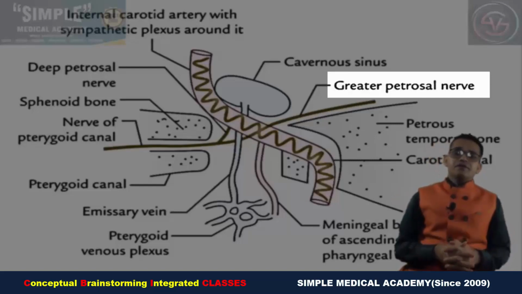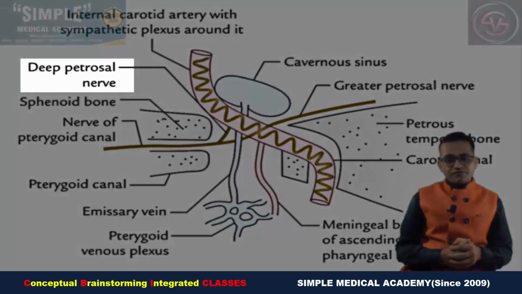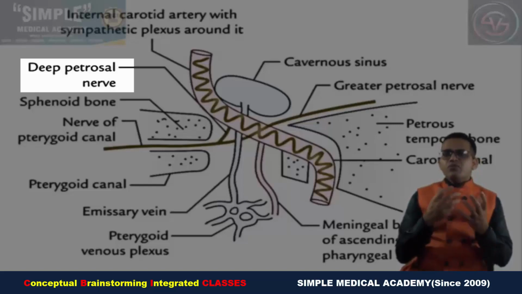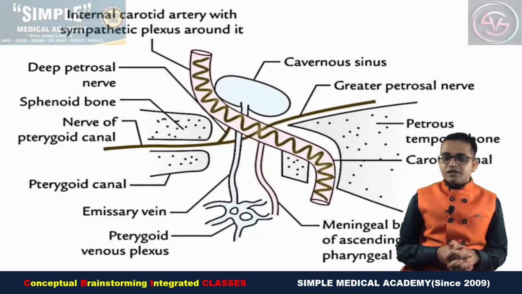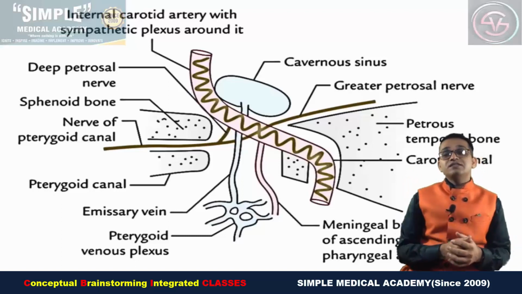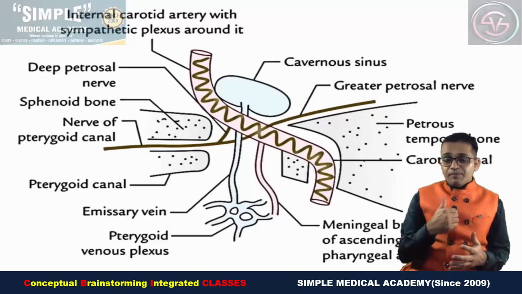All are the same. One another nerve is there that is deeply running in the petrous part of the temporal bone. That's why it is known as the deep petrosal nerve. And one more nerve is there which is having a very small course, that is the lesser petrosal nerve. Okay. Already we have seen that lesser petrosal nerve is passing through the foramen ovale. And what is the importance, we will see later in the parotid gland, because it participates in the secretomotor pathway of the parotid gland. But what about the greater petrosal nerve and the deep petrosal nerve?